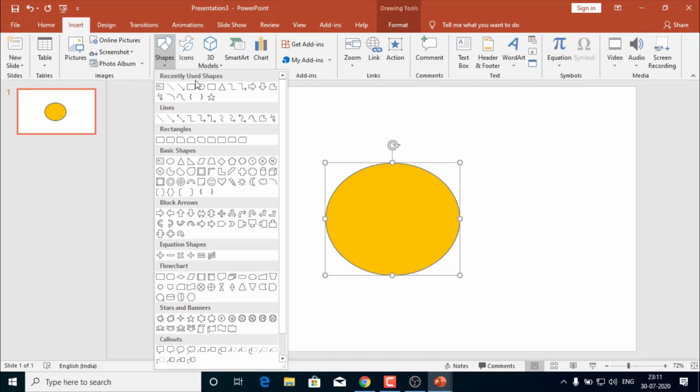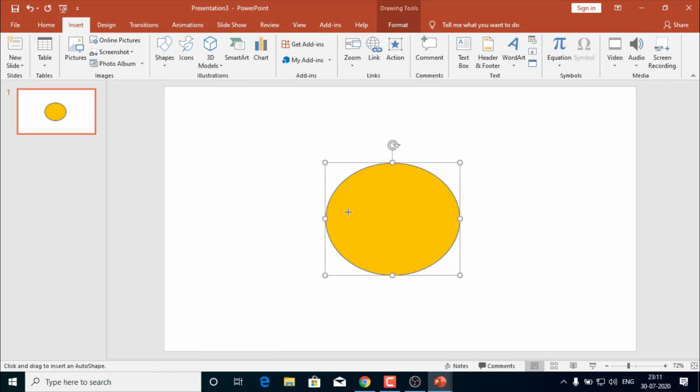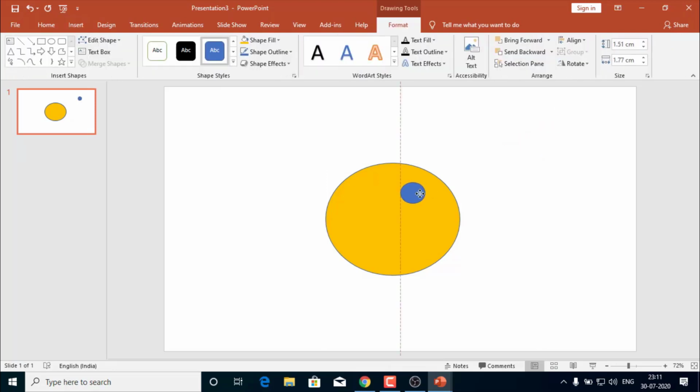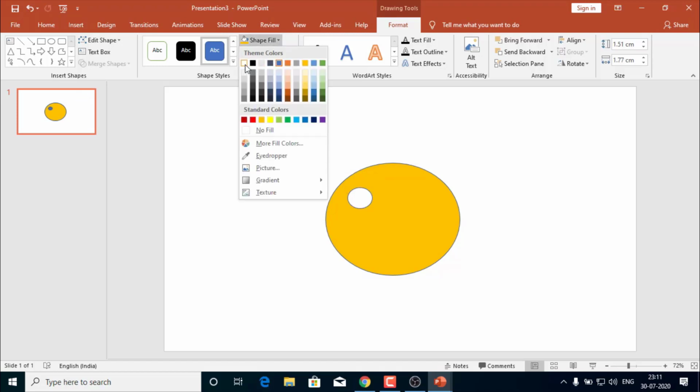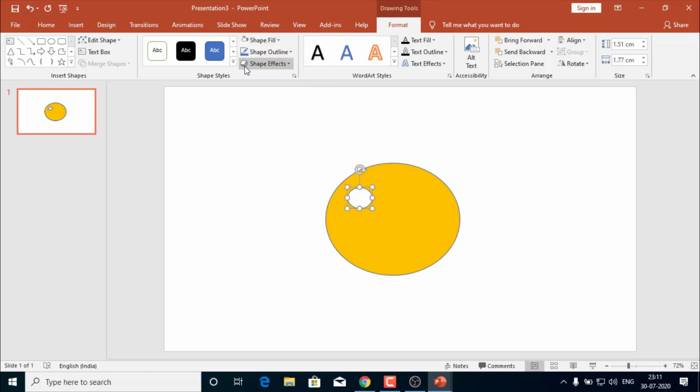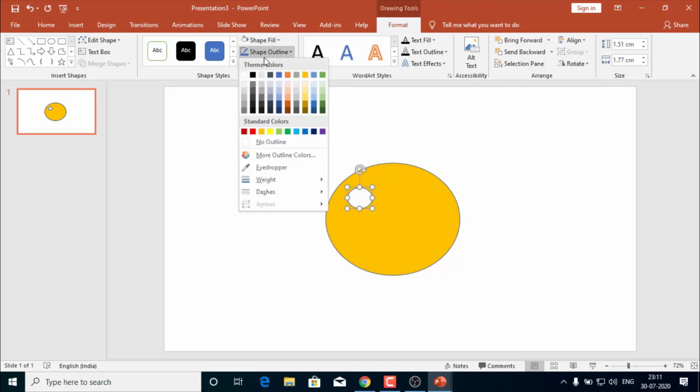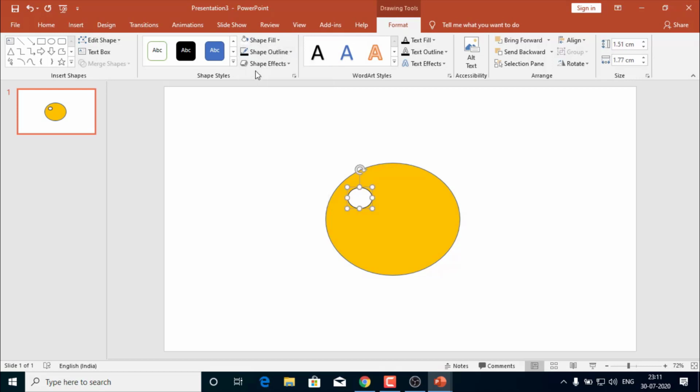For this, again I draw an oval. I keep it inside the previous oval and change its color into white. Then I change its outline into black color.